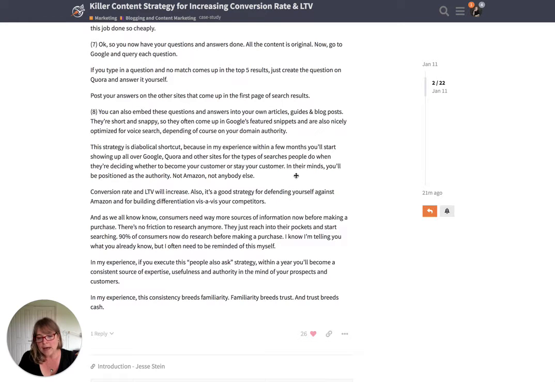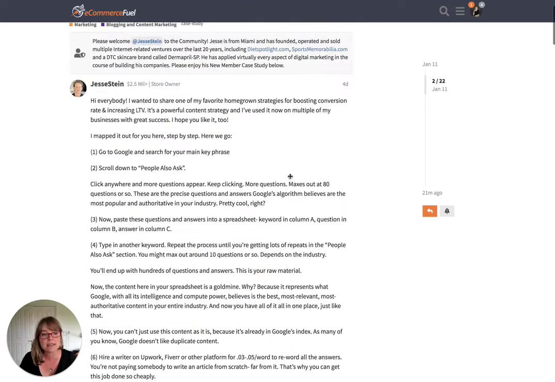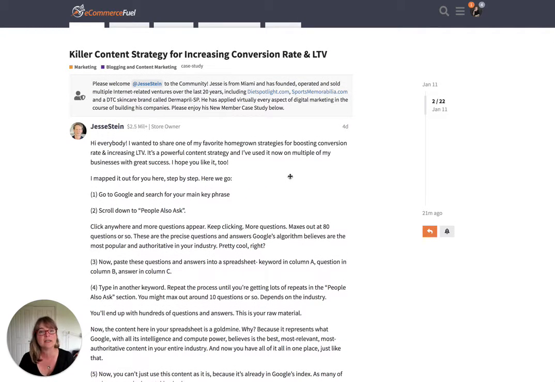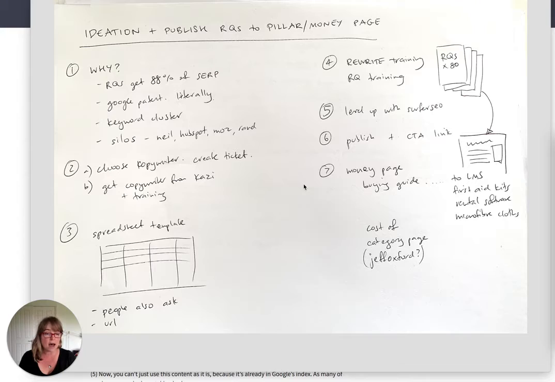So what I tend to do when I see a little bit of gold advice like this is think, well, how am I going to execute it within my business? How am I actually going to get it done? So I'll show you how I break things down and start to plan them. I learned this from Alan Marek, who recently did this in the e-commerce fuel community. He's done this amazing content process, but the beauty of it is he breaks it down into little chunks, and that's what you need to do to execute on anything.